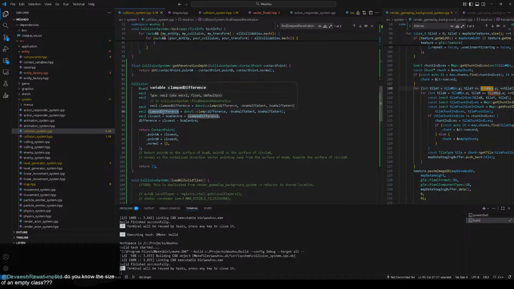You know the size of an empty class. What language are you doing? In C++, it's nothing. They're exactly the size of their elements. In C++, if you have a struct with just a uint8_t in there, then it's the size of a uint8_t usually. Usually. I think always. But,